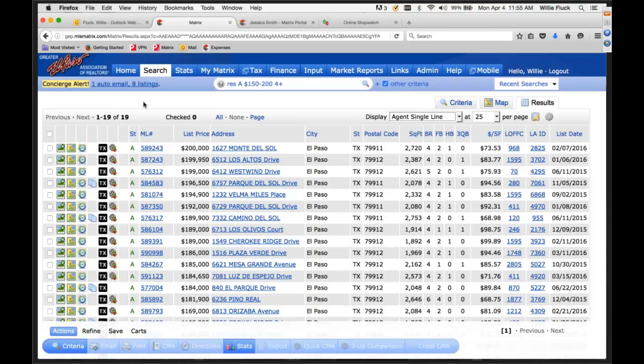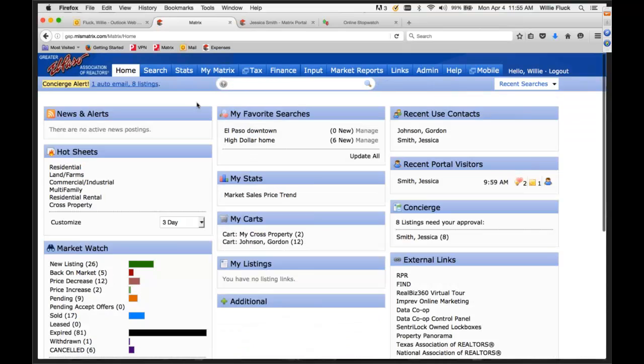There's another type of search in Matrix. I'm going to go home and do a brand new search. There's the speed bar search. The speed bar is located right here, up in the menu system, so it's always across the top of your screen. And you can do things in the speed bar like type in MLS numbers,